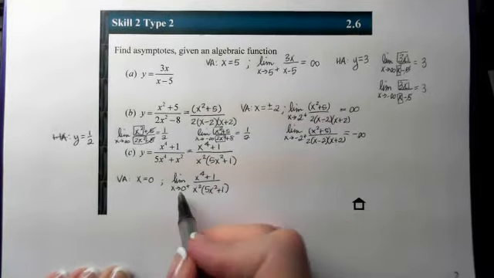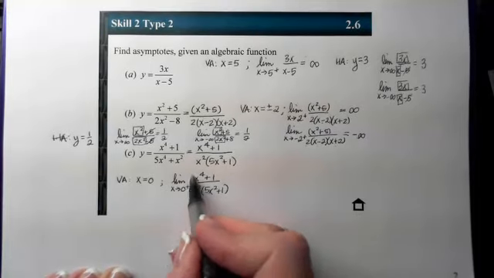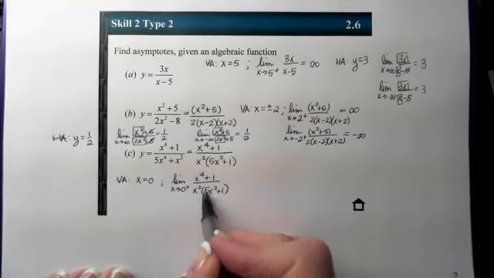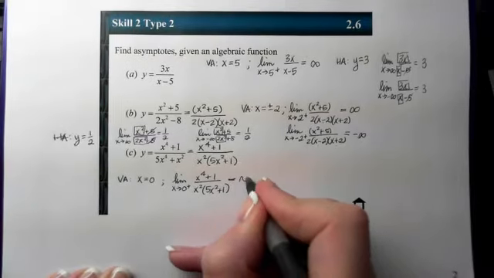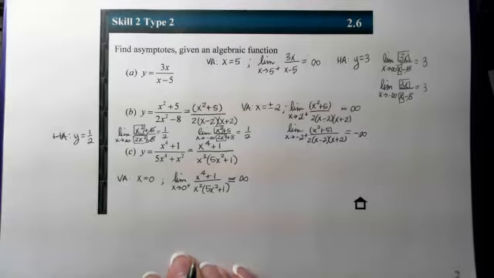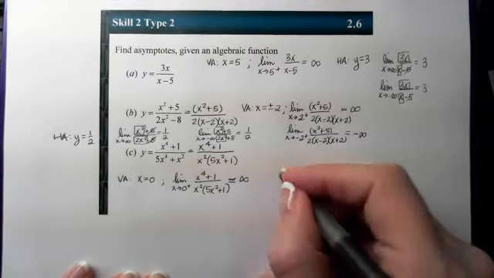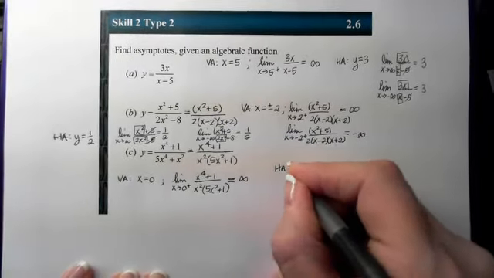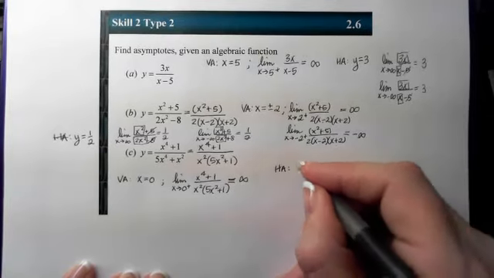If I plug in a number a little bit bigger than 0, the top is positive, this is positive, and this is positive. So I know as I approach that asymptote from the right, my thumb is going to travel up. For horizontal asymptotes, just like in parts A and B, we're looking for the dominant term,